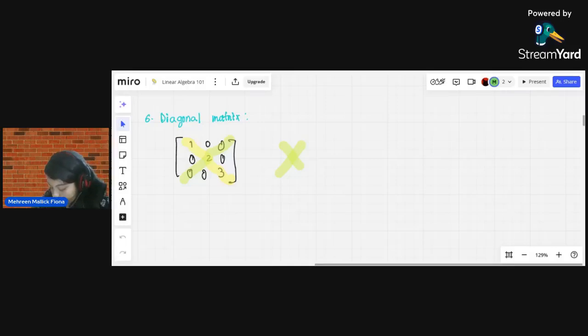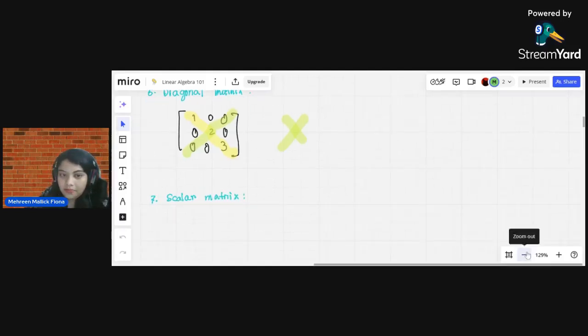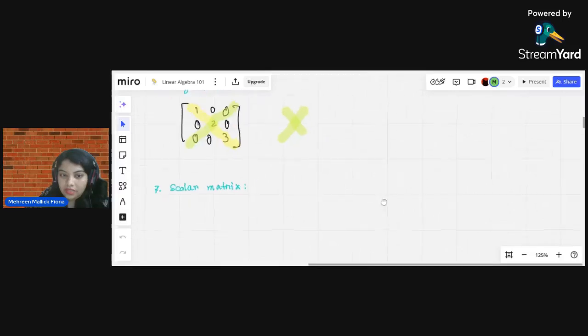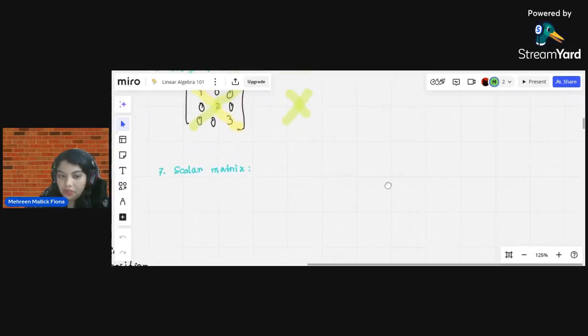Now moving on towards lucky 7, that would be the scalar matrix, and that is also similar, but there is a condition which makes them apart from the diagonal matrix and the scalar matrix. So what is the difference that makes them apart? If you want to declare a matrix with a scalar, its value must be the same in the primary diagonal. So what I'm saying is that in the primary diagonal here, let's say we have an array, 0, not 0,